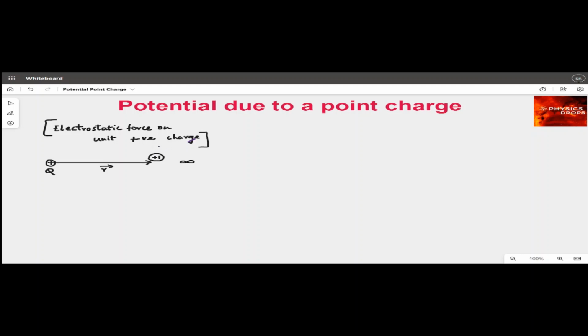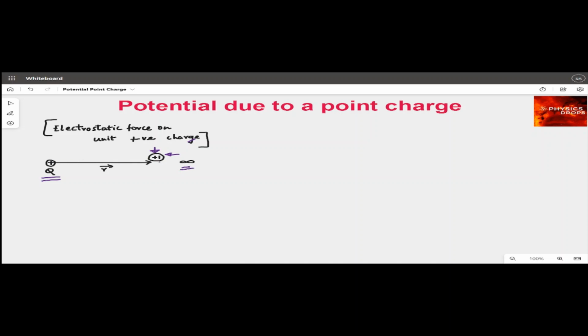Okay, so let's find out what is a potential due to a point charge. In other words, we have a point charge of plus 1 coulomb as shown here, and we move it in an electric field generated due to another charge plus Q, capital Q. Let's study what the potential is in this case. Let's say I'm moving this positive unit charge from infinity towards Q in the electric field